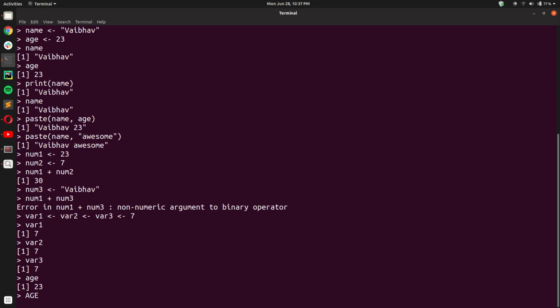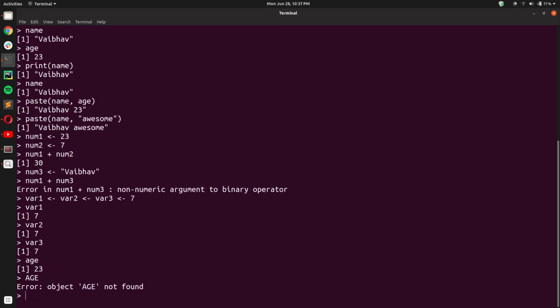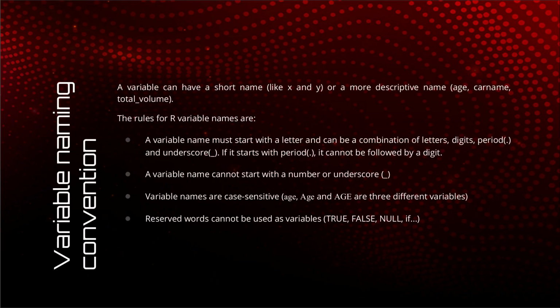If we try to print the value of age with all letters in uppercase, you will see that we get an error, object AGE not found, and this is because variables are case sensitive. And lastly, there are some reserved words in R like TRUE, FALSE, NULL, NA, and, or, if, and these cannot be used as variable names. So if you keep note of these four or five points, you will be good to go.